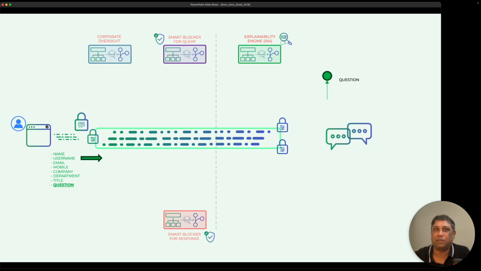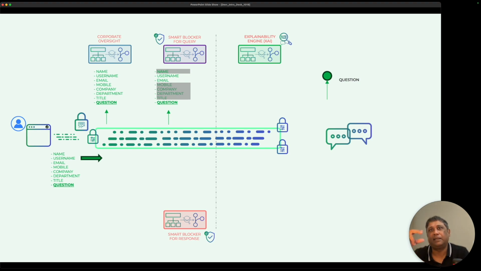Now, based on privacy filters, very select groups within the enterprise have access to this information. So there's information that becomes available for corporate oversight, and then there is that minimal information that's required in order to approve or reject the response.